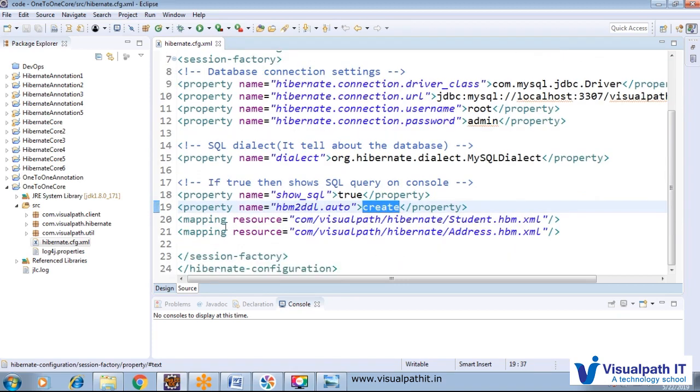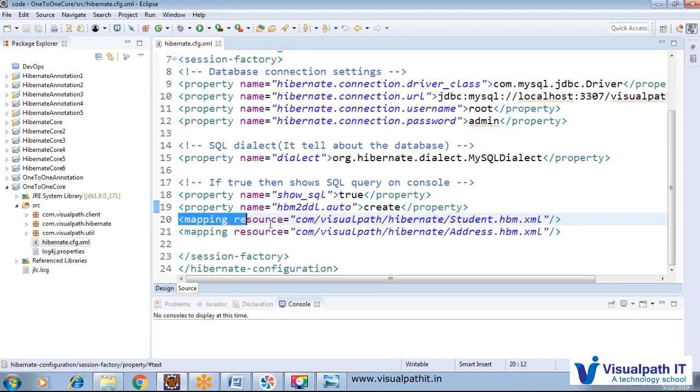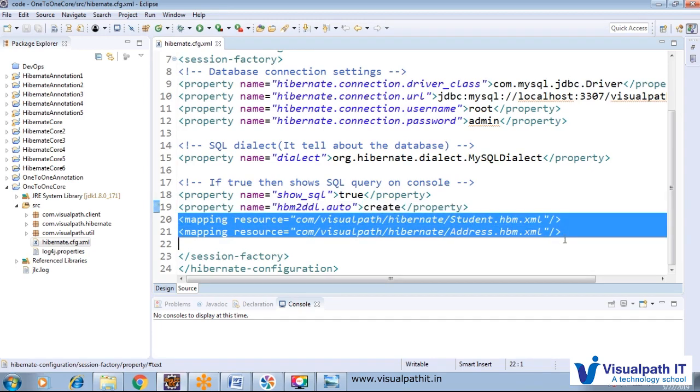So now we want to map two classes, a student and address, where they have a has-a relationship. Has-a relationship means we are going to utilize 1-to-1 mapping right now, meaning exactly one student has exactly one address and exactly one address has exactly one student, so both sides 1-to-1 mapping. So here we have to add two mapping resources,